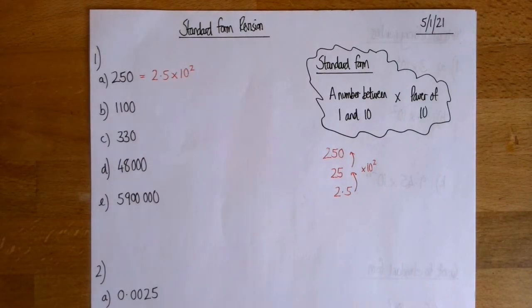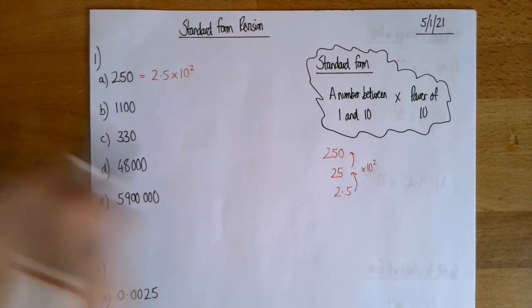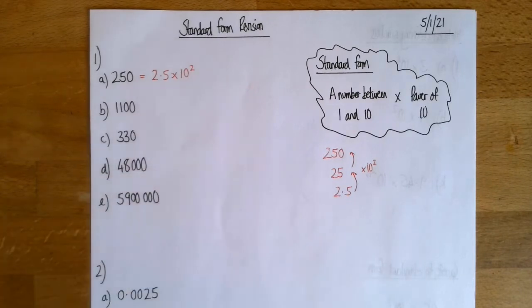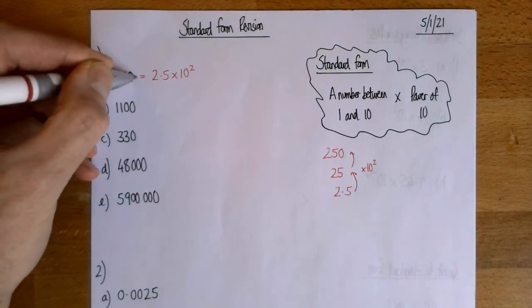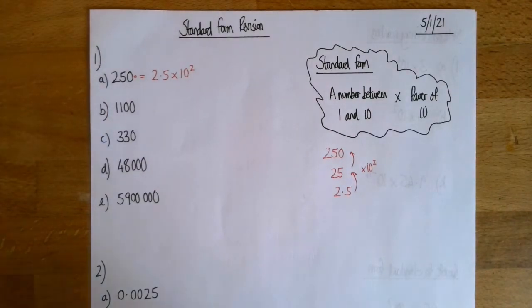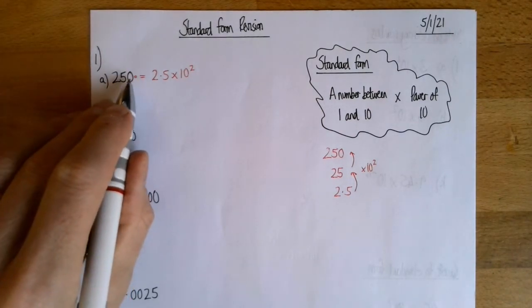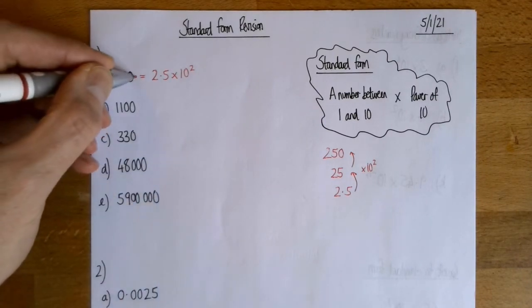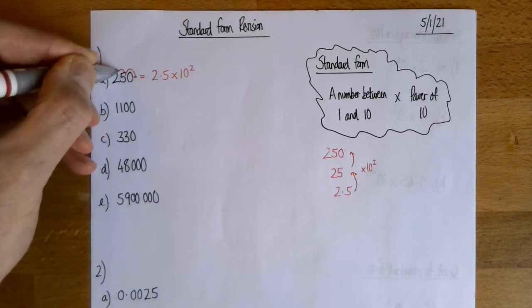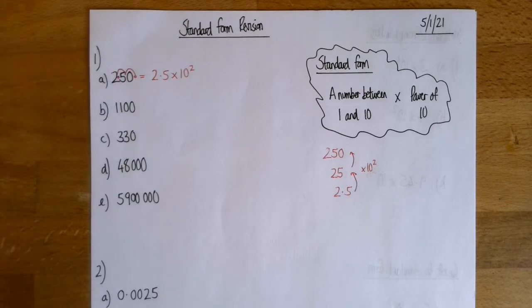Now, I don't know how Mr. Borthwick taught you to do this quickly, but I always use my jumping decimal point method. This is the reason that it works, but I never bother doing that. I always say, okay, with 250, the decimal point's there. We don't bother writing it because there's nothing after it, but that's where the decimal point would come, after the units column. So I jump that decimal point to get a number between 1 and 10, 2.5,